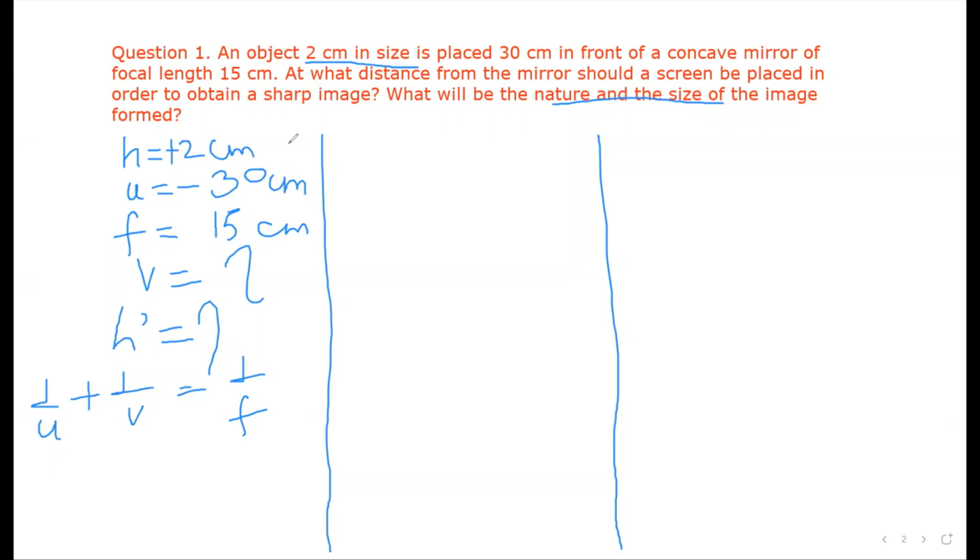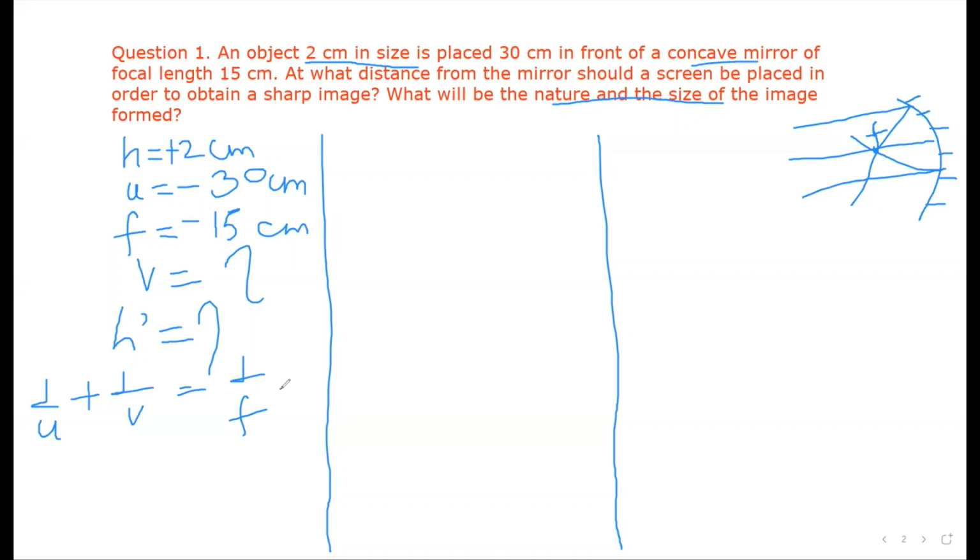Focal length: it is a converging mirror. Concave mirror is a converging mirror. So how does it converge? If you see here, remember, this is your mirror, your concave mirror. And if rays of light are falling on that, these rays will converge and they will meet on the left hand side only. So that's why f is also negative here. Negative why? Because it is on the left side. So f is also minus 15 centimeter.